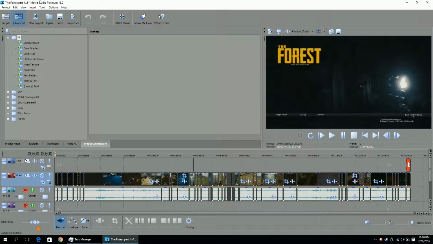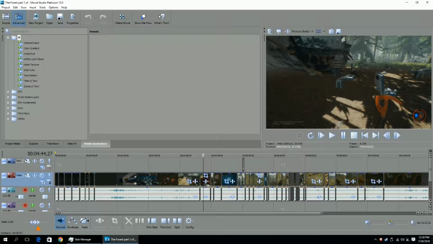So what I'm showing you here today is my Sony Vegas Movie Studio Platinum 13. This guy was $90. It also came with SoundForge and various other software. But this is basically what I use. I don't use the SoundForge. I'm not an expert on that, but it's something I'm looking into. Anyway, as you can see, I like to